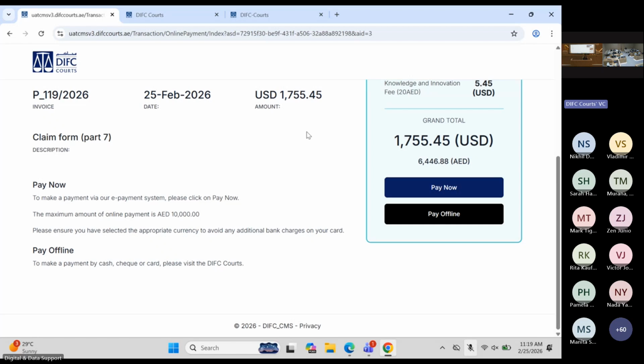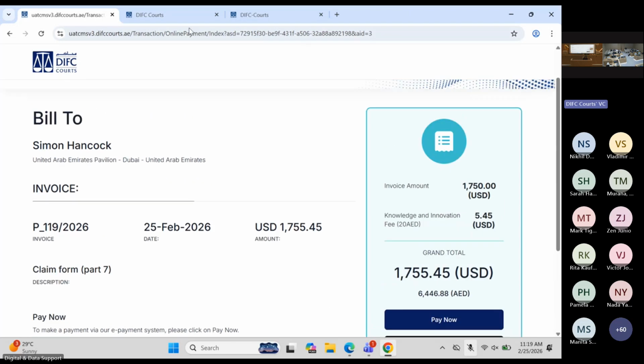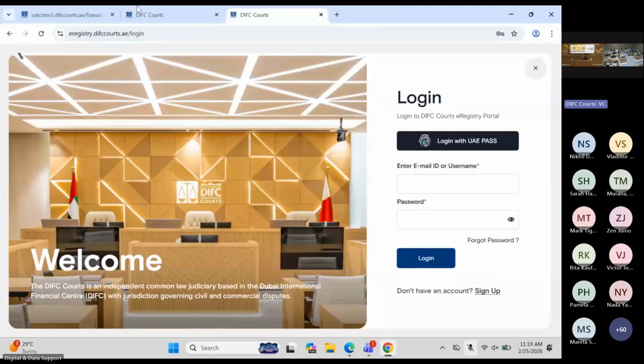Thank you for filing your claim at the DIFC courts. It then gives you the generated case number that you have in the relevant division, and you also get a sealed version of the claim form. So once the claim form has been filed,